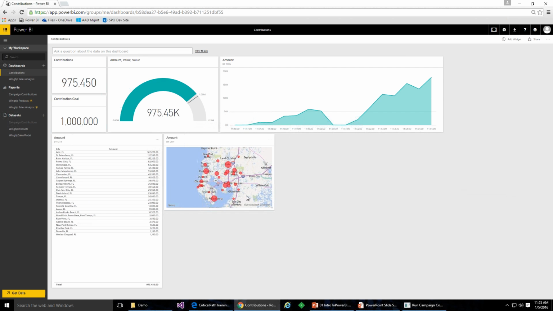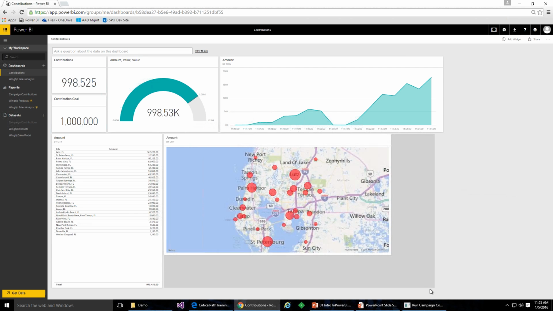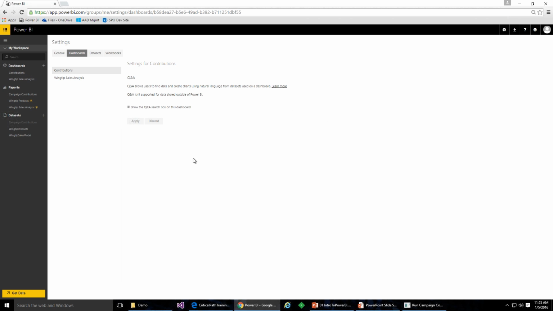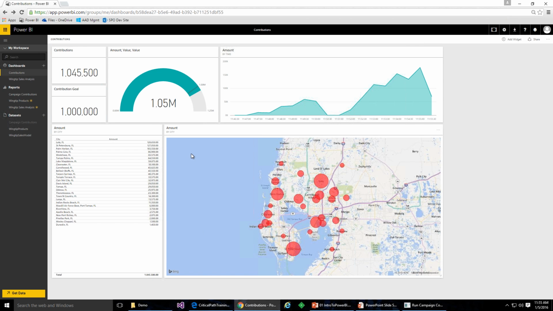Okay, so now that we've got those things inside here, another thing that we can show is that there is this bar up top, and sometimes I want people to issue natural language queries. Other times I don't. So by going to our dashboard, going to settings, and saying remove,